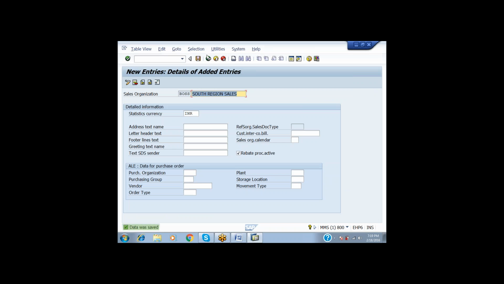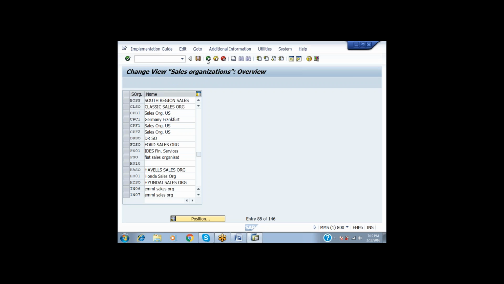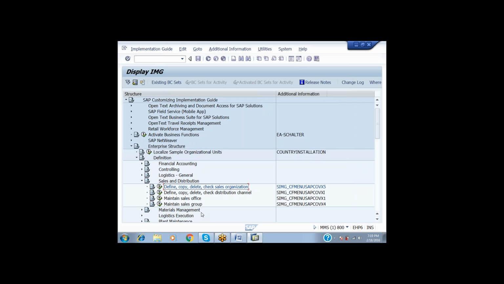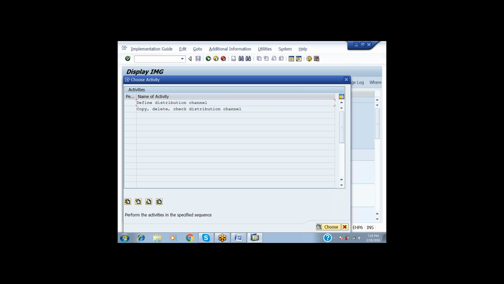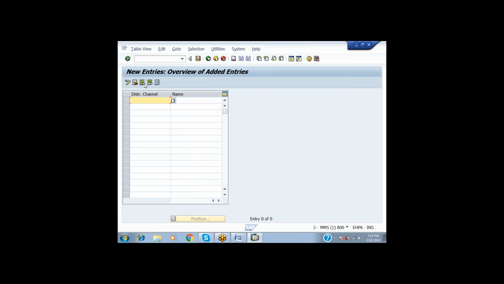And after that, what are the distribution channels which we are having? Distribution channel, new entries: BA, which I am saying the distributors for BOSS, BB, wholesalers, BOSS.